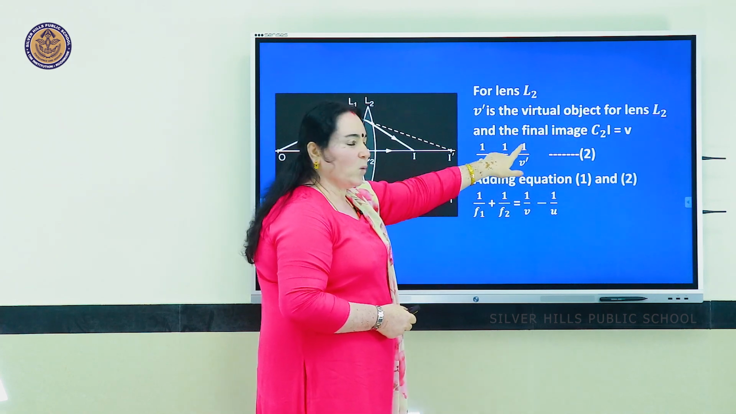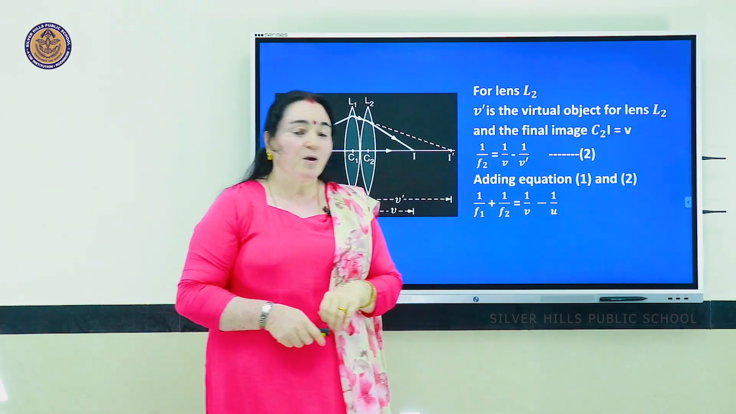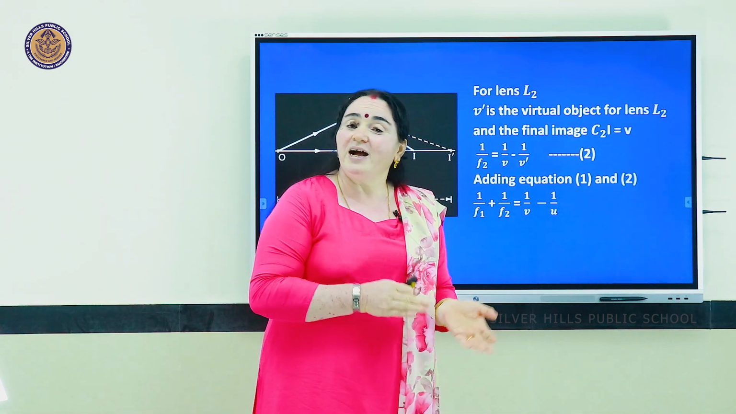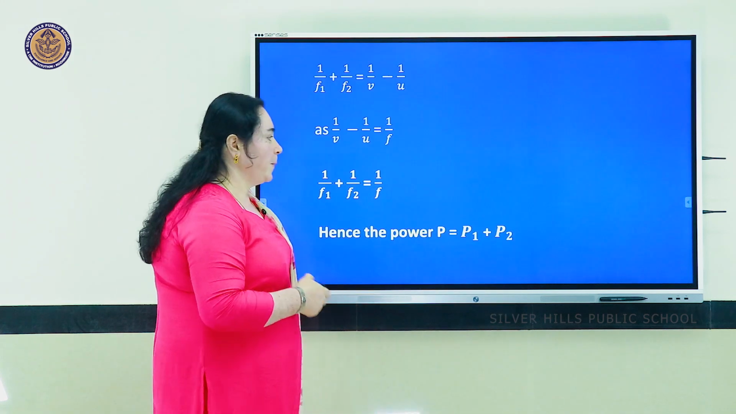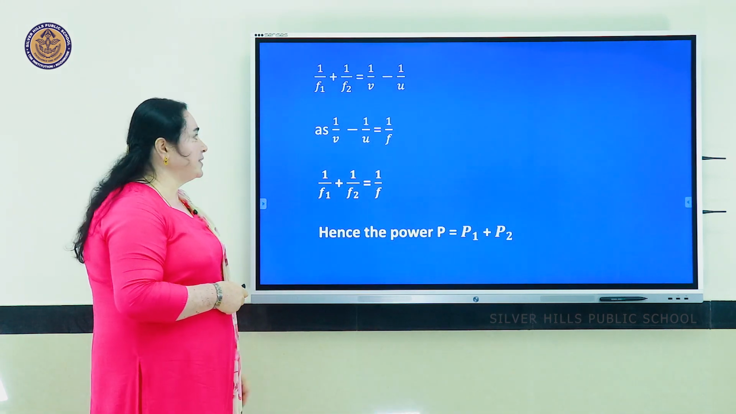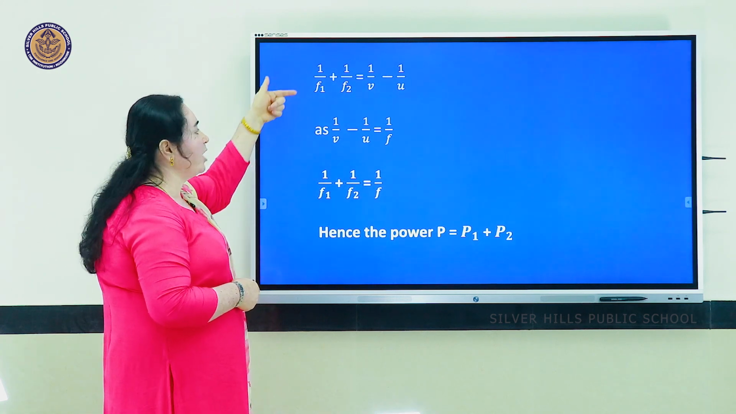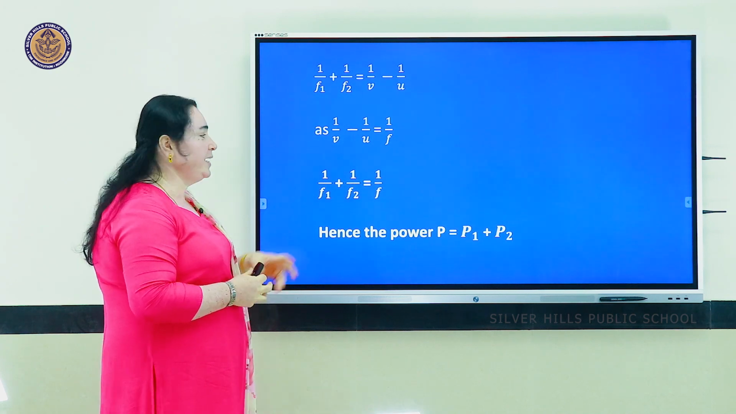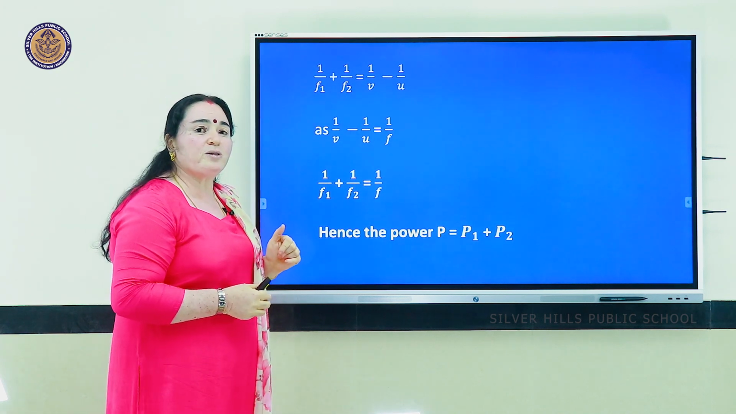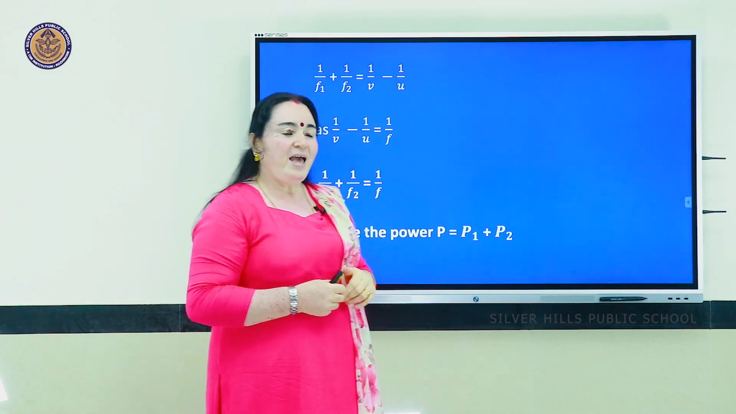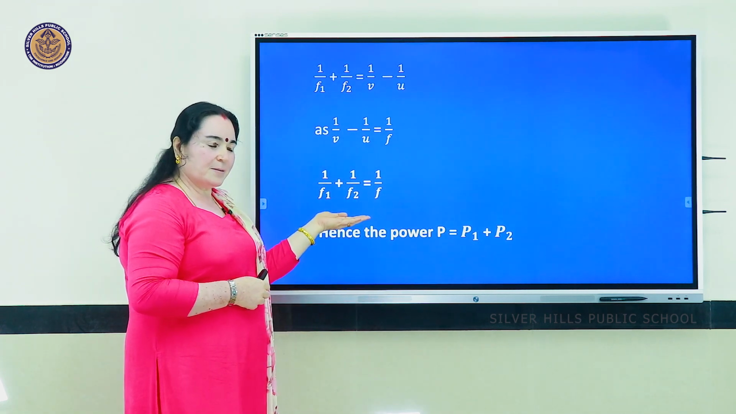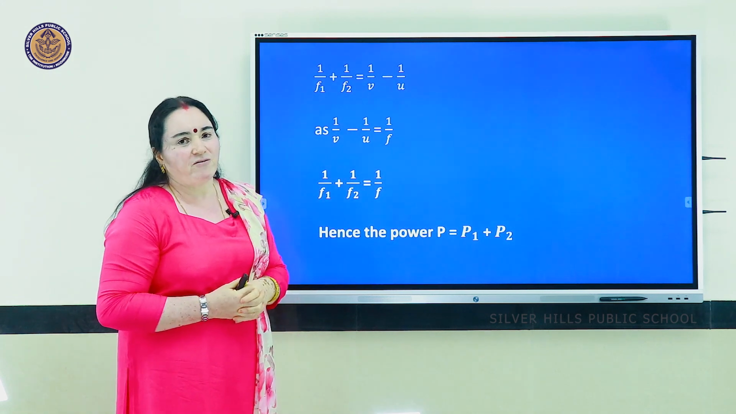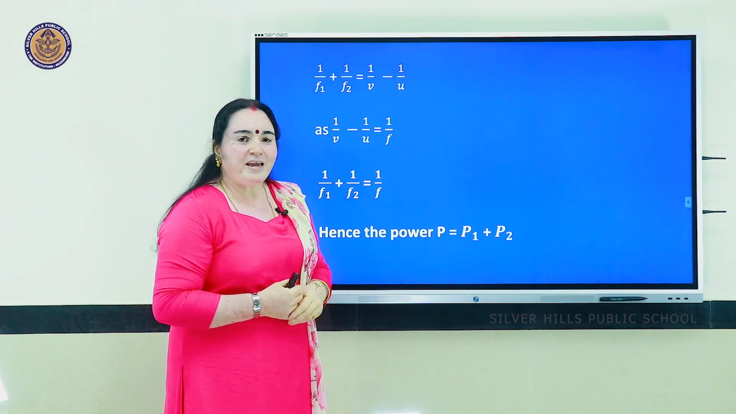What happened over here? 1 by v dash will be cancelled off, because for one lens formula, v dash happens to be the image. For the other, it becomes the virtual object. So putting them all together, what do I get? 1 by f1 plus 1 by f2 is equal to 1 by v minus 1 by u. But we know that 1 by v minus 1 by u is equal to 1 by f. Substituting them, what are we getting? 1 by f1 plus 1 by f2 is equal to 1 by f,